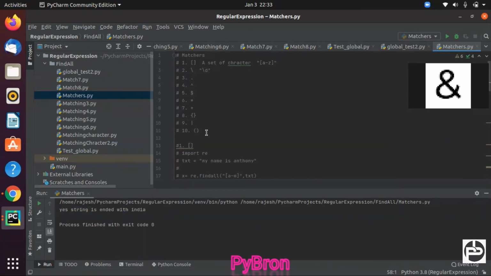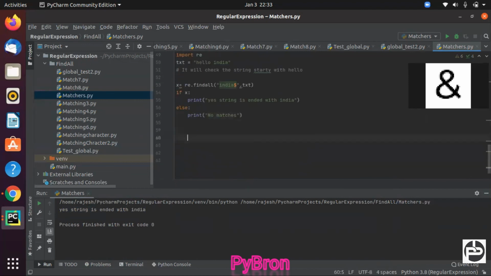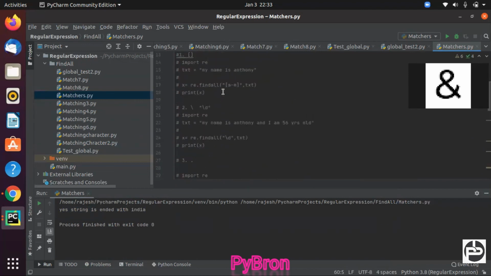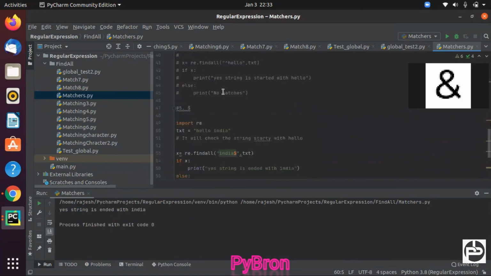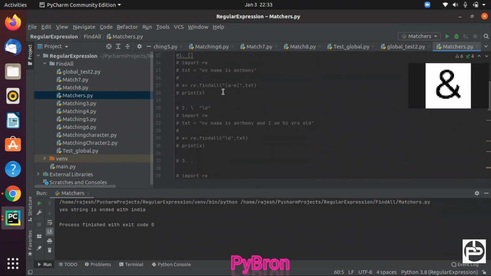So let's understand the asterisk. Seventh one is asterisk. Oh, sorry, the sixth one is asterisk. Just try to understand the asterisk one. Okay, so guys, sixth, seventh, eighth, I'll make a different video for 6 to 10, because otherwise this video becomes bulky. So the remaining things I'll discuss in the next video.